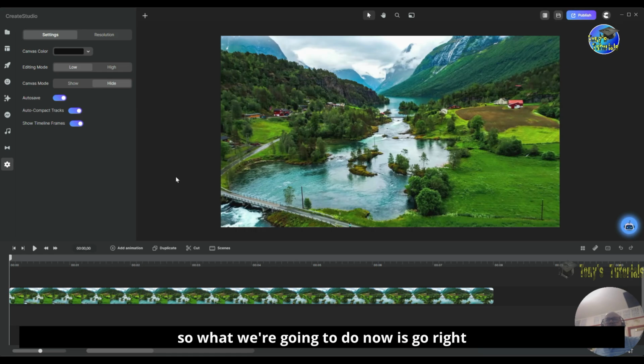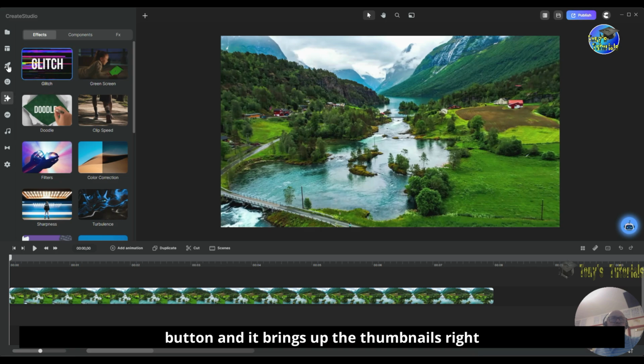Now what we're going to do is go right over to the left hand side again, to the top corner where it says Create Studio, and we're going to count down the icons in that column. So 1, 2, 3, 4, 5. Number 5 is like a 4-pointed star with 2 little stars to its left, and it's called effects and components. I'm going to click on that with the left mouse button, and it brings up the thumbnails. We've already done the first 8 there, which are glitch, green screen, doodle, clip speed, filters, color correction, sharpness, and turbulence. And we're going to use this